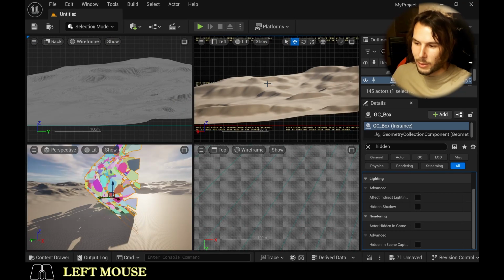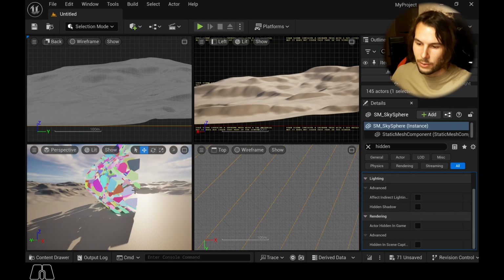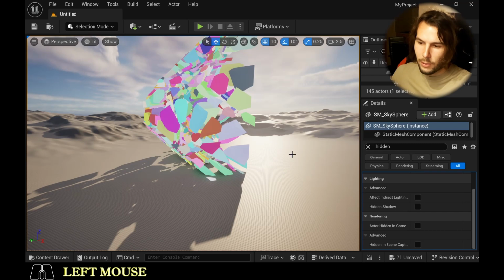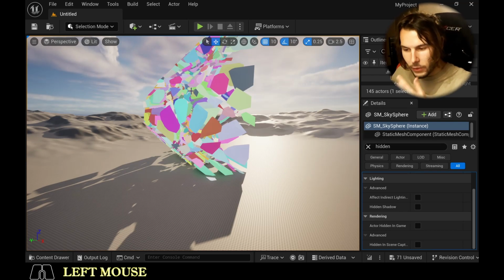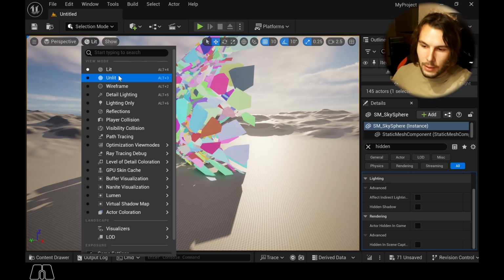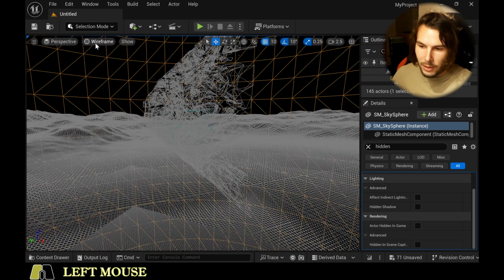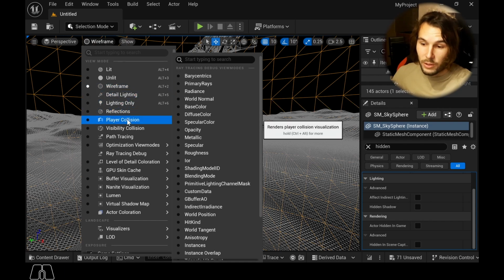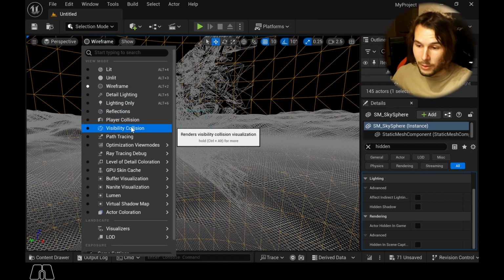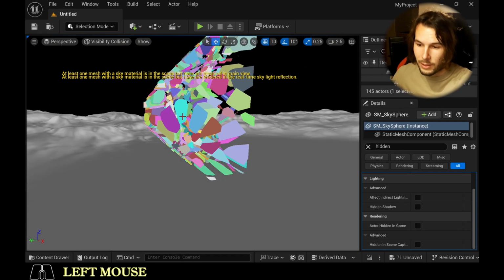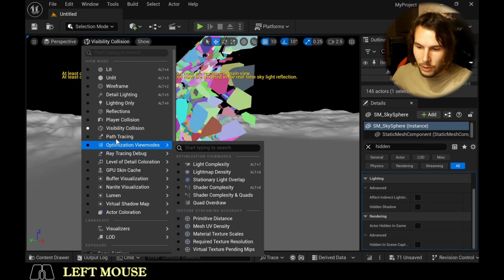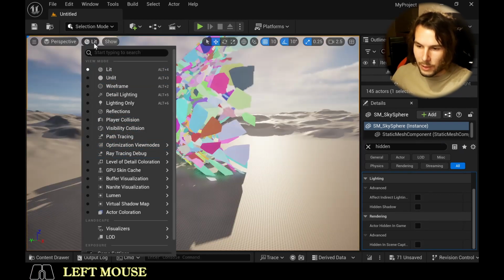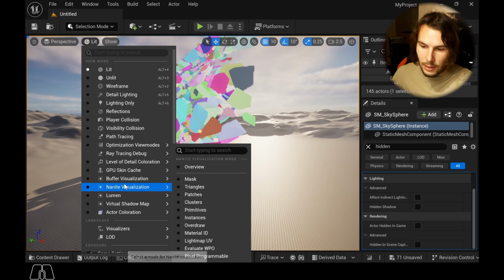Now when I click on maximize the window, this window is currently the one I opened. So I can just click onto the left one here and click onto here and I will be back in this window. So that's just for placement. You also have the option, as you already saw, we have lit, unlit, wireframe, and so on. You can also do this in this scene, of course. And you have way, way more options, which are pretty cool here because you can just show the visibility, for example, of the collision. I will go back to lit, and you can